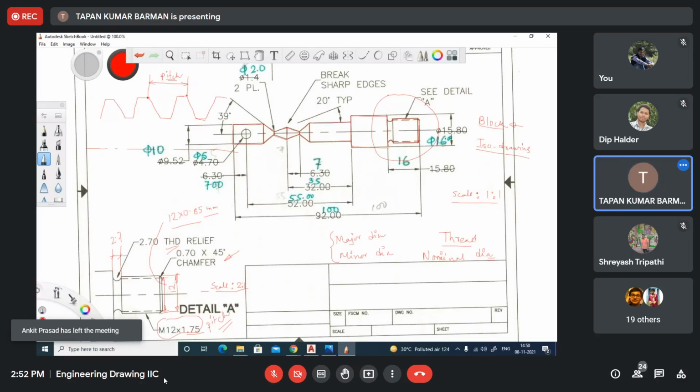After that, if you want, in AutoCAD, there is one programming language. So that is optional to you. In the examination or in the evaluation purpose, that part may not be there. But if you want to learn that programming language associated with AutoCAD, then we may take some classes on that. So that is up to you. That is optional. Clear? So in next two classes, we'll try to complete block and isometric drawings.